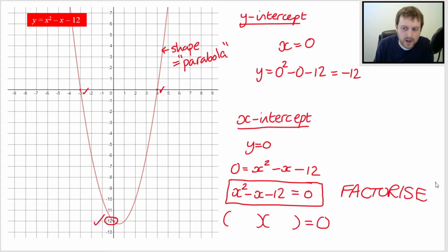It's why you get taught how to factorize a quadratic, so that you can solve quadratic equations. So it's got to be x times x to give the x squared. And then these numbers here have to multiply to make minus 12 and add up to make minus 1. So that's minus 4 and 3. So if I put minus 4 and 3,